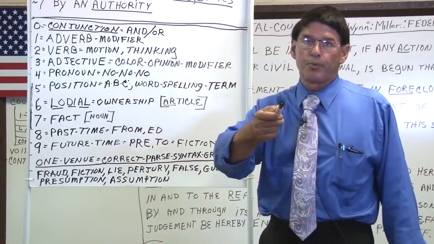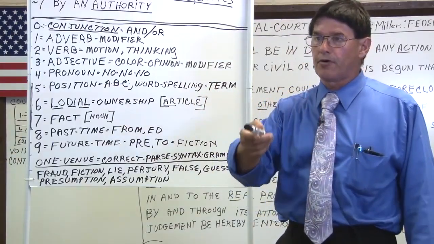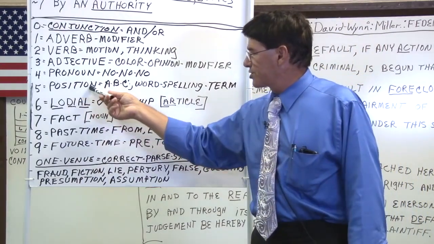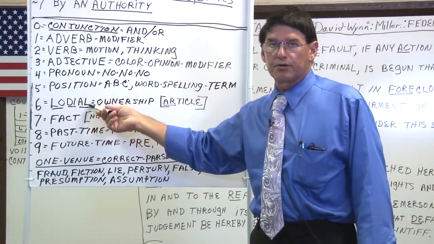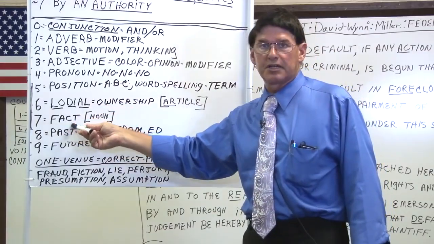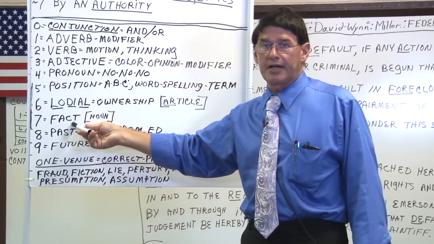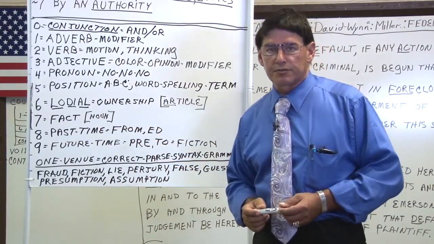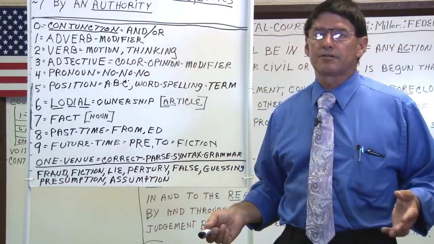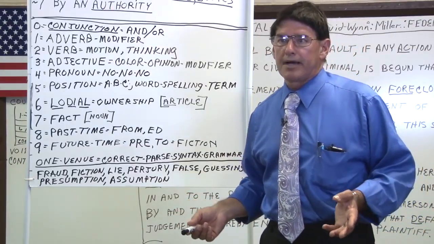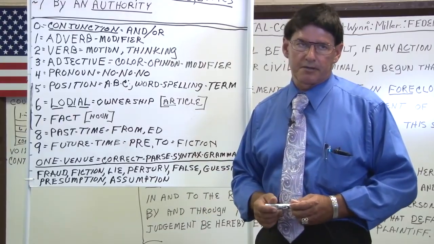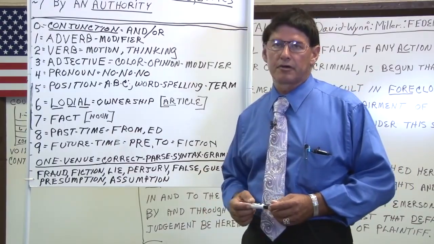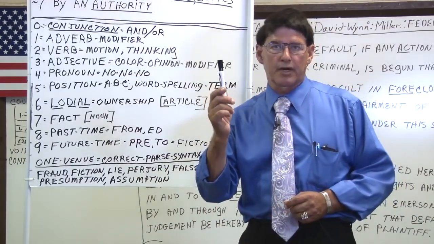If I say for your pen, for my pen, for her pen, for his pen, I'm changing the preposition, the position, and I'm also changing the ownership. So therefore the fact is going to continue to change. I can do this 900 different ways because there are 68 prepositions and 38 articles. When you multiply those out, they come to 2,000. Divided by 2 is 1,000, minus about 100 words that would never come together and be used in a logical explanation. So therefore, there's about 900 logical explanations to identify this one object.